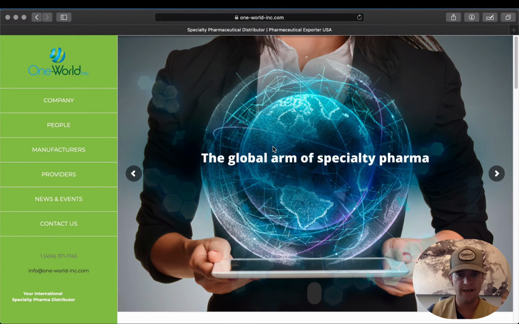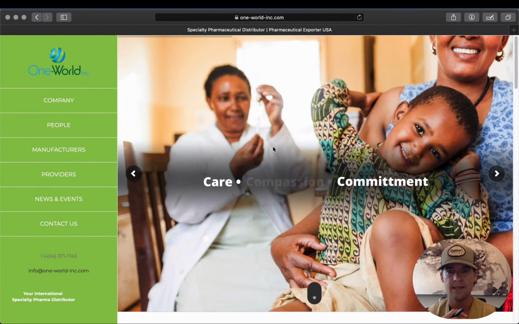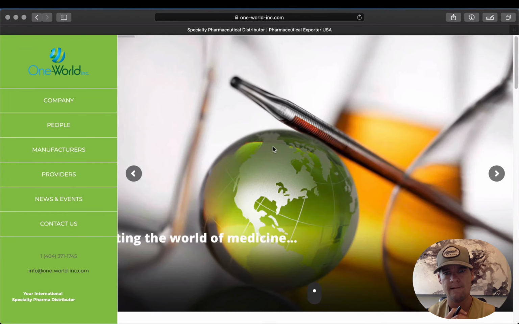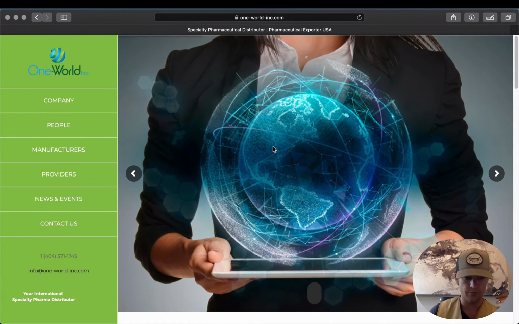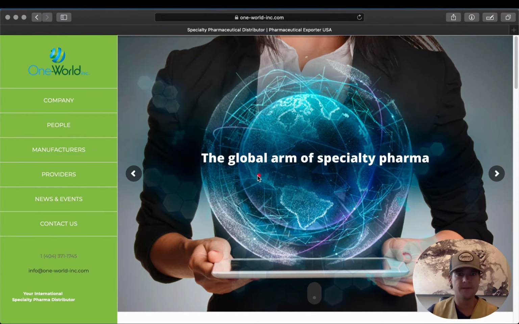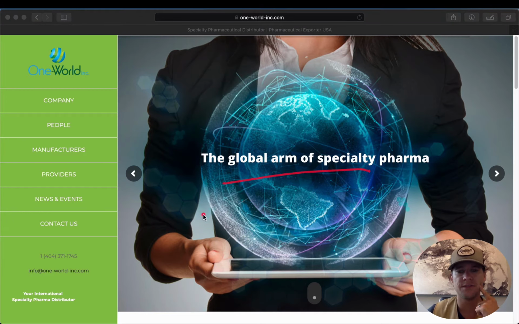Just some advice. Here we have the global arm of specialty pharma. Care, compassion, commitment, and connecting the world of medicine with the world of need. Of those three that it's scrolling through, I actually like this one the best, the global arm of specialty pharma. Now, what could be done underneath this is either that empathy statement